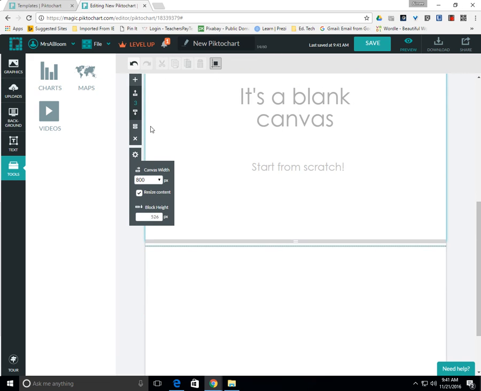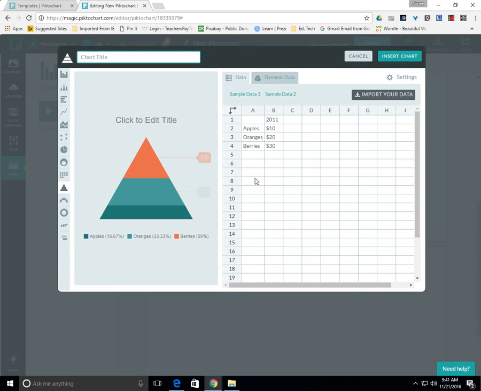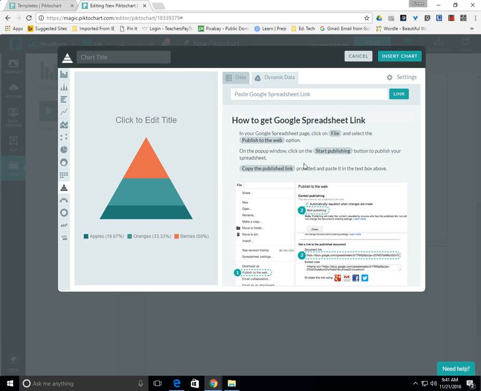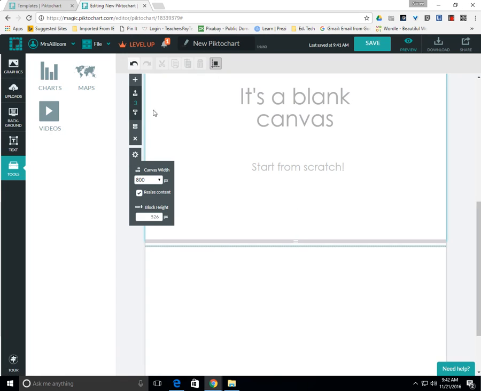Go down to the next block. I can add some charts. I can add all of this. I can add information from my Google Drive. It shows me how to link my spreadsheet. Beautiful, wonderful tool. When I am done,